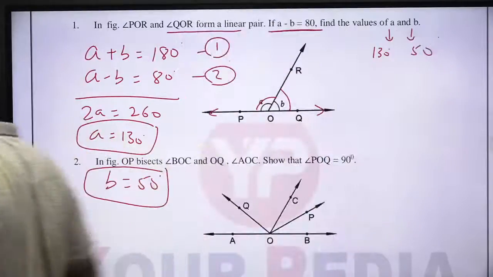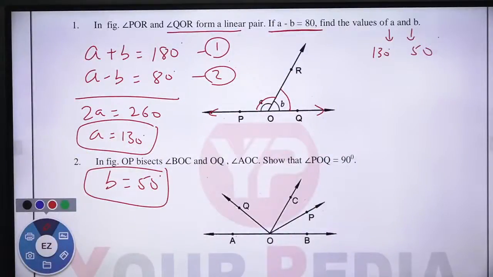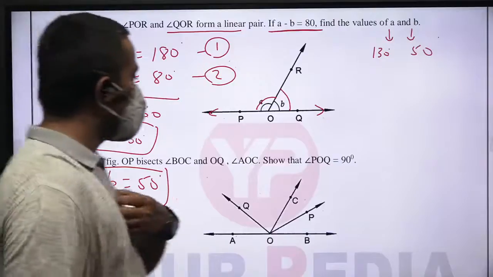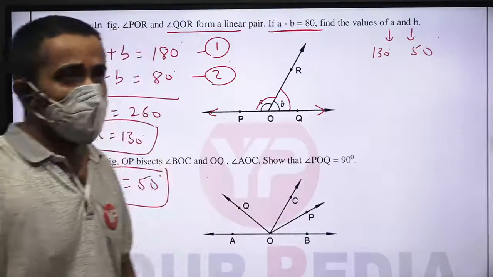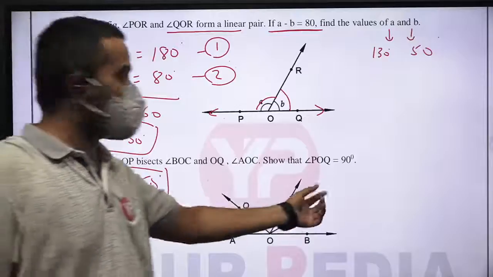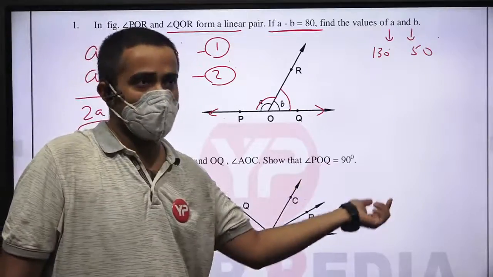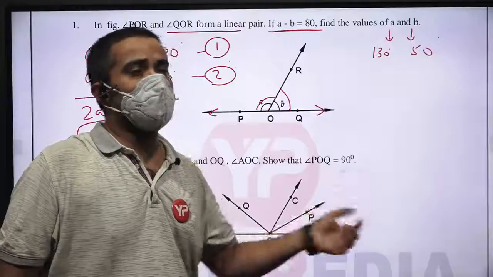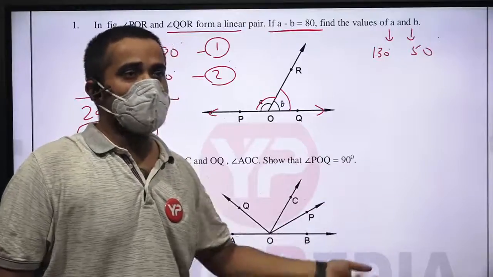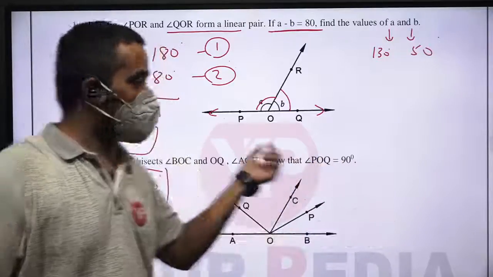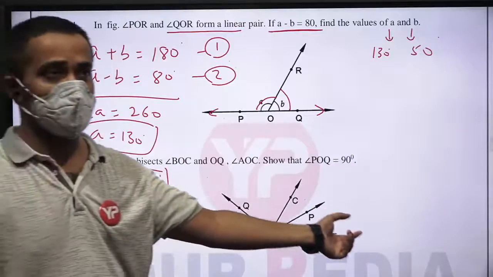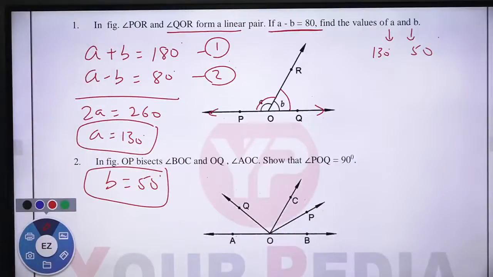Please try to solve the next question, that is question number 2. The figure is given, and I have to prove this. In this question we have to prove. See why I have taken this type of question: I have not provided you the options, because sometimes they will ask the value of angle POQ directly. So either to prove or to choose from the options, that is one and the same thing. So best is please solve these types of questions also. So that was the first question.